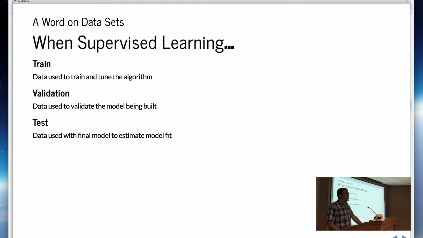For anybody who's gone to some of the local user groups that do Kaggle competitions, or you've just signed up on Kaggle and gone through an exercise, you download a data set, and you're going to split that into training and validation data while you're working through it. The leaderboard data that they give you that you don't have the answer to, that's the test set. You're not supposed to have the answer to that. That's how they score you versus other people.